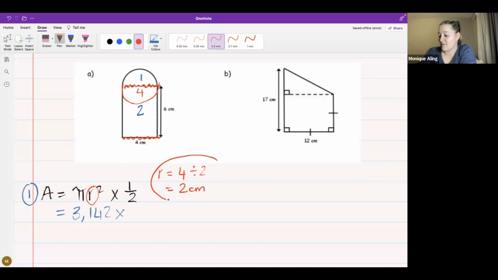Now you do get a mark for showing this, so please include it, even if it is to the side. Okay, that's preferable, put it to the side, but you do get a mark for realizing you need to work out the radius and then actually doing it. So always show this step on the side. Okay, so now that I know my radius, I can put that into the formula. So it is 2 squared, and I'm timesing by half because it's half a circle. And that gives me an answer of